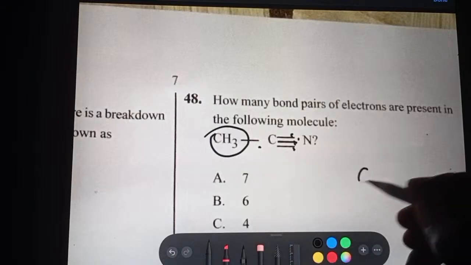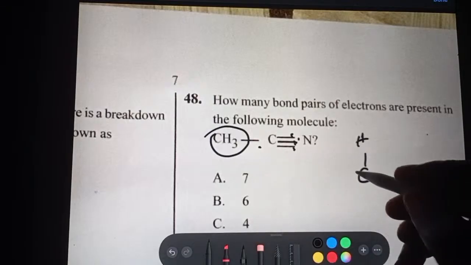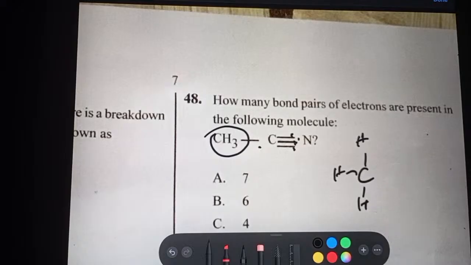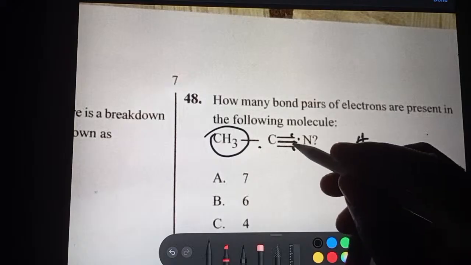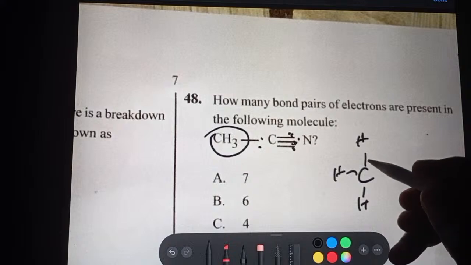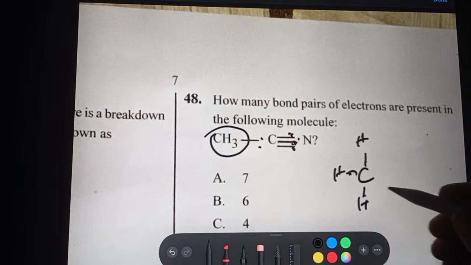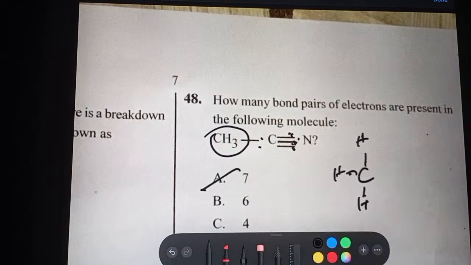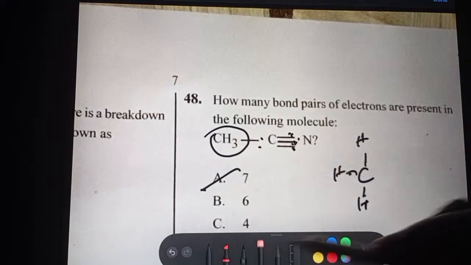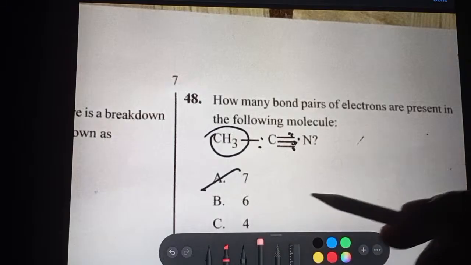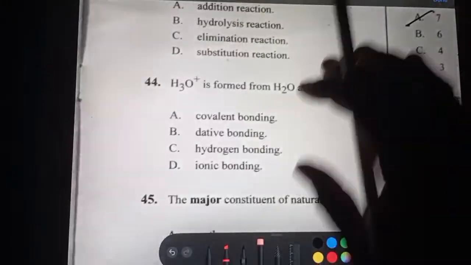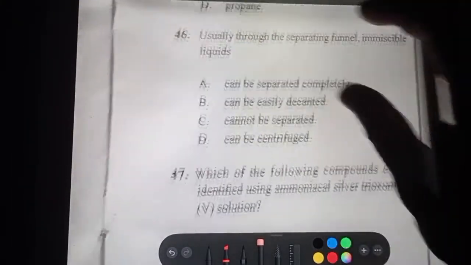I will expand it. This is 1, 2, and 3. So we have 1, 2, 3, 4 plus 5, 6, 7. So the correct answer is A. There are 7 bond pairs and not 4. Okay? So that's it. Then the next question is,